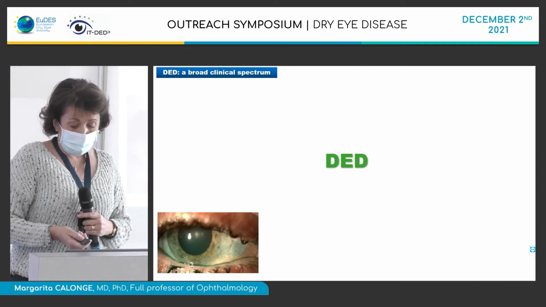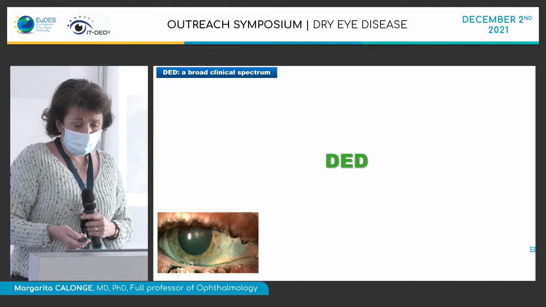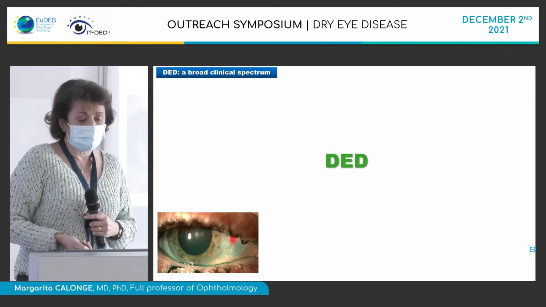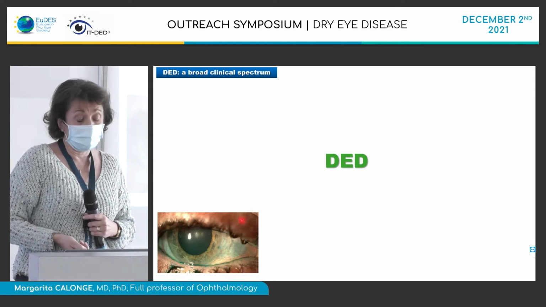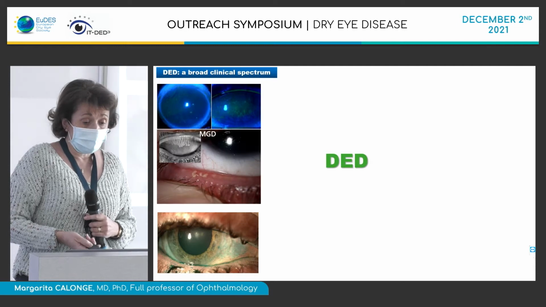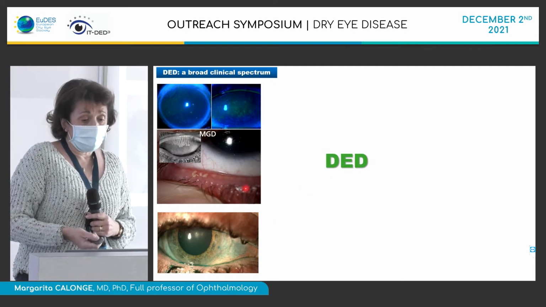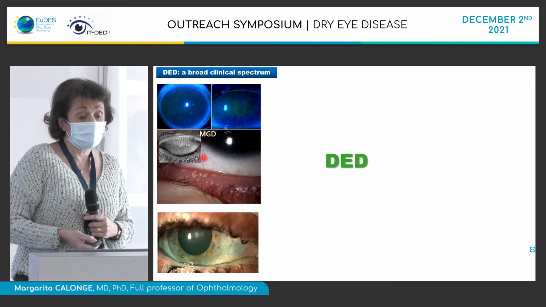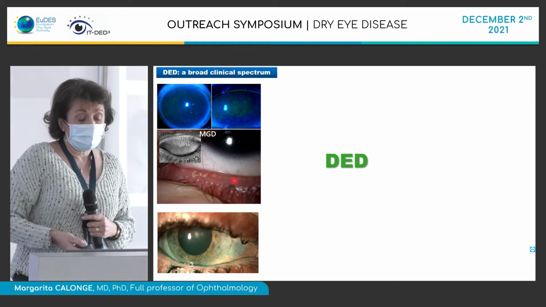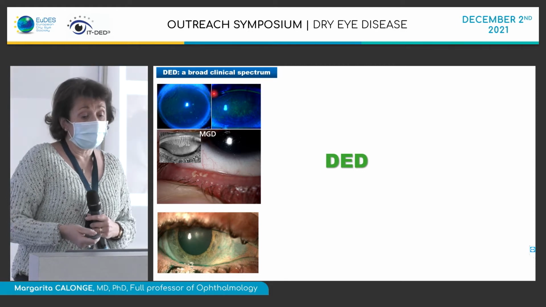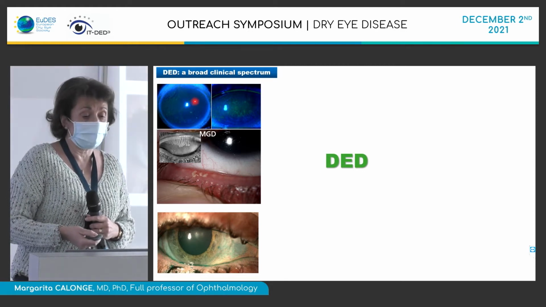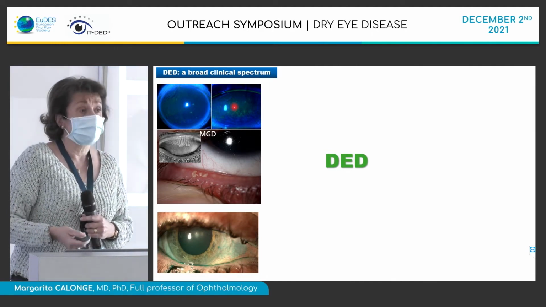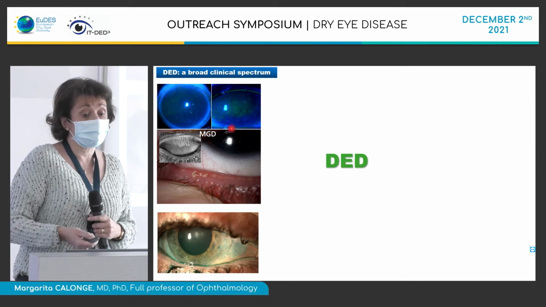We can have a patient not very symptomatic with just some conjunctival staining, and this is dry eye too. We can have the most typical and most frequent clinical picture in our clinics, which is meibomian gland disease, typical alteration in the lipid layer with sometimes no conjunctival corneal staining, sometimes with some corneal staining. This is the most frequent presentation of dry eye, actually, with normal Schirmer